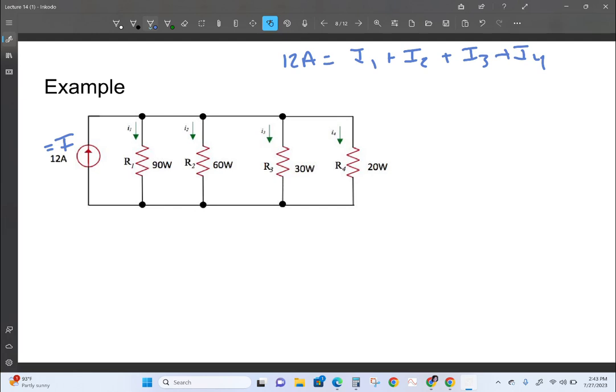So first of all, notice that the number given here for the resistance is the wattage. Actually, let's not call this the wattage. Let's change this to ohms to make it a little easier for us. Ohms. So one thing we know is that if we were to just look at this by itself, just this one resistor, the voltage across R1 is going to be equal to the current through it times